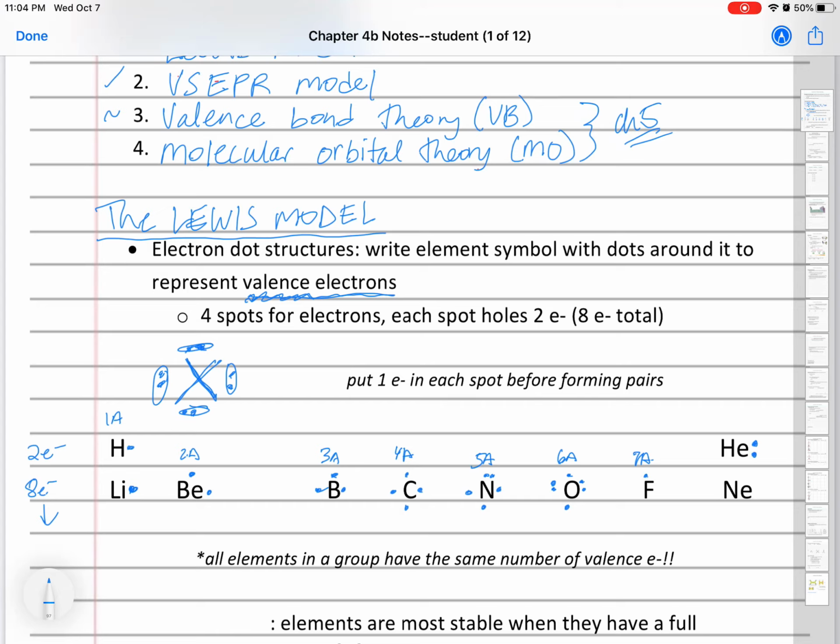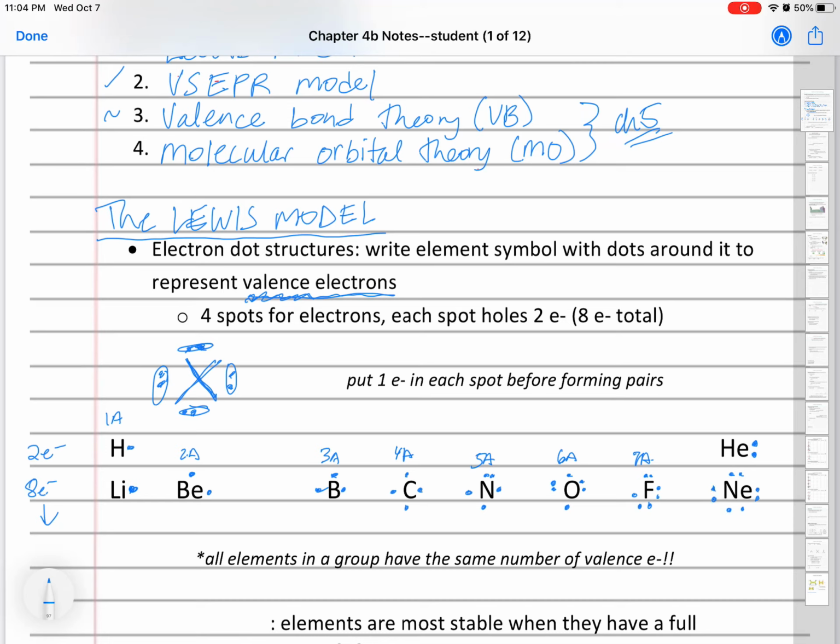7A is going to have 1, 2, 3, 4, 5, 6, 7. And then neon and all the other noble gases will be full with 8. So we'll go ahead and just draw all 8